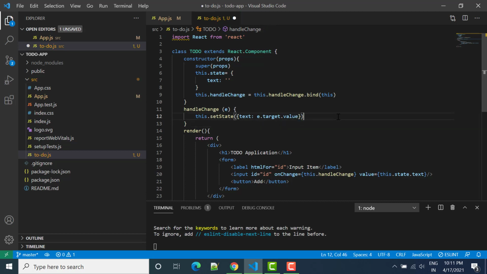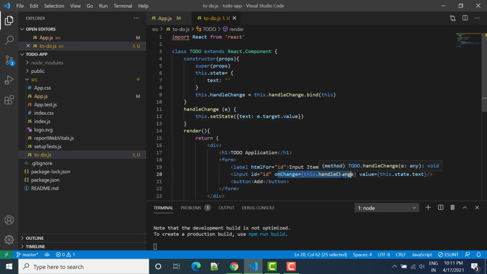What it means is, whenever the user enters anything in this text box, whatever you type will be available inside handleChange, and this e.target.value will be set to the state, and after that you can use this state as well.